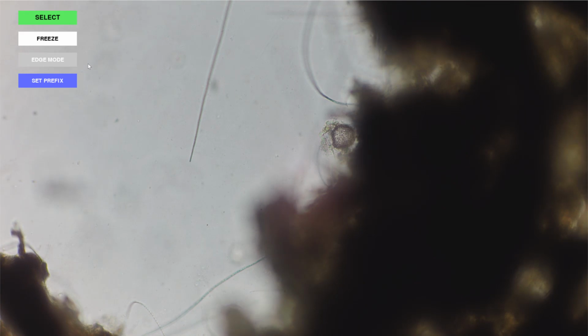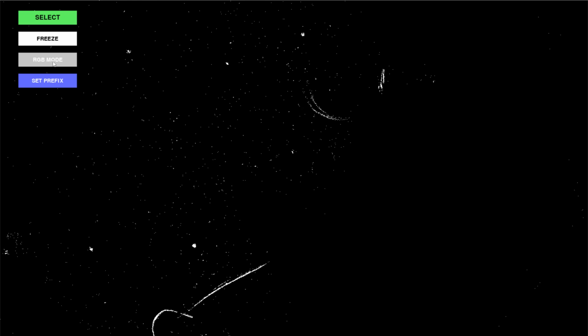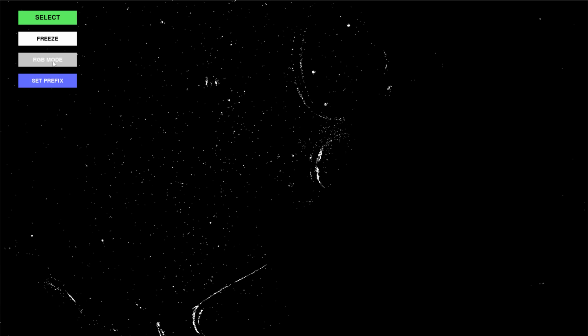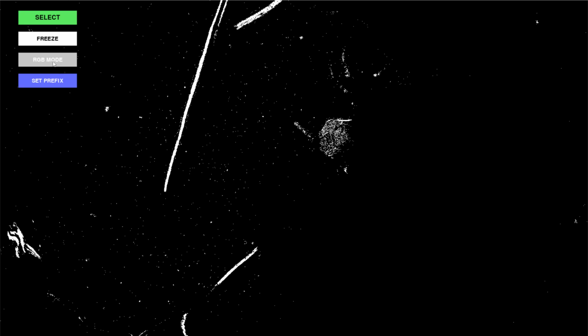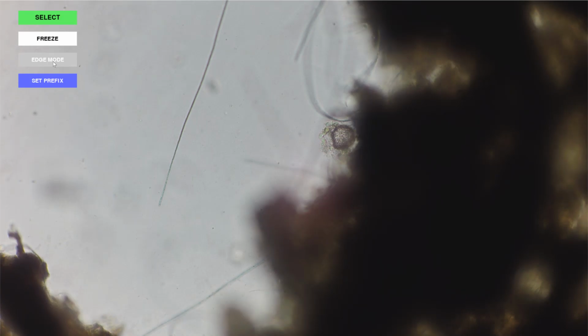The edge mode that we talked a little bit about at the beginning of this video allows me to identify the movement that is happening against the initial view or frames when the program started running for the first time. So it basically compares which pixels have changed against the original background, and this is particularly useful when working with static scenes like microscopes. I'm going to bring the view back, and then I'm going to talk about the last